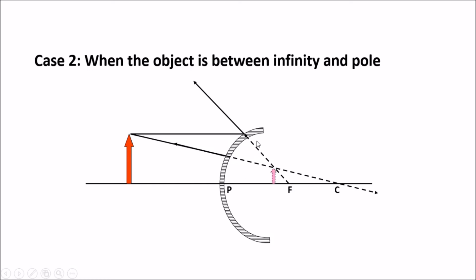Yes, you guessed it correct. First conclusion is going to be where it is obtained. It is obtained behind the mirror between pole and focus. Second is going to be size. You can see the size here. The size is smaller than the object, so we can say it is diminished. And the third situation, because it's behind the mirror, we can see it's erect, so it's a virtual and erect image.